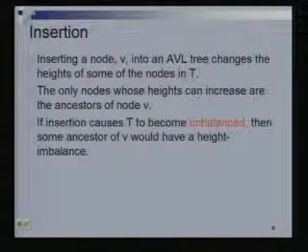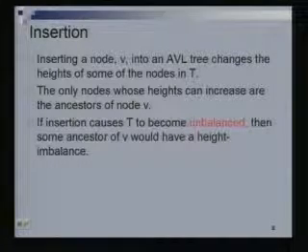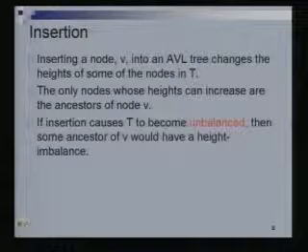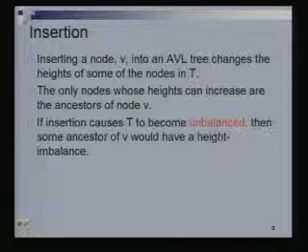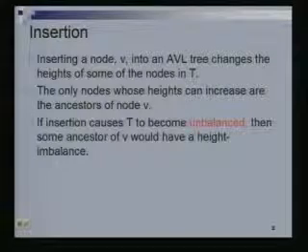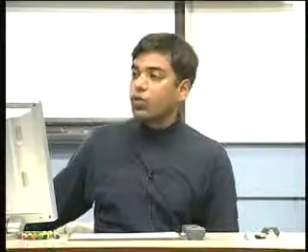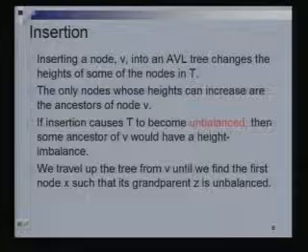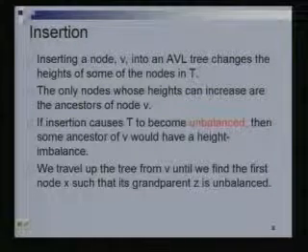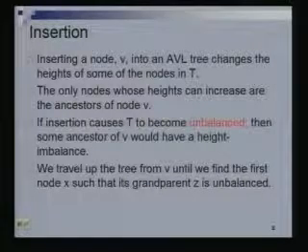So if the insertion caused the tree to become unbalanced, then some ancestor of this node V is the culprit, is the place where we have a height balance problem. Height balance problem means it will become height imbalance. So height imbalance means the left subtree and right subtree, the difference in heights is more than 1. So what are we going to do? We are going to essentially travel up the tree from this node V, which means just keep following the parent pointer, till we identify the node Z which is unbalanced,